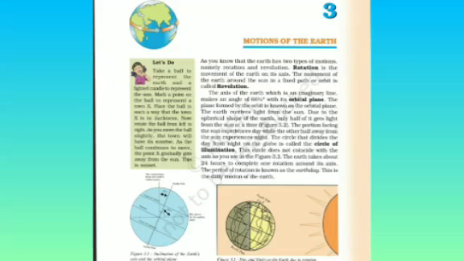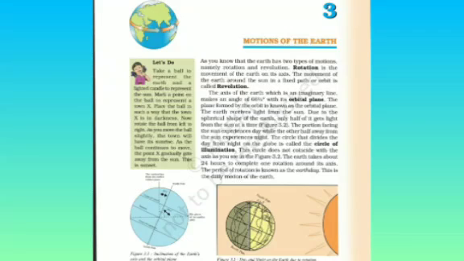At the same time as it moves around its axis, the earth revolves around the sun, and due to its huge perimeter, the earth takes around 365 days and 6 hours to complete one revolution around the sun, following a fixed path which is